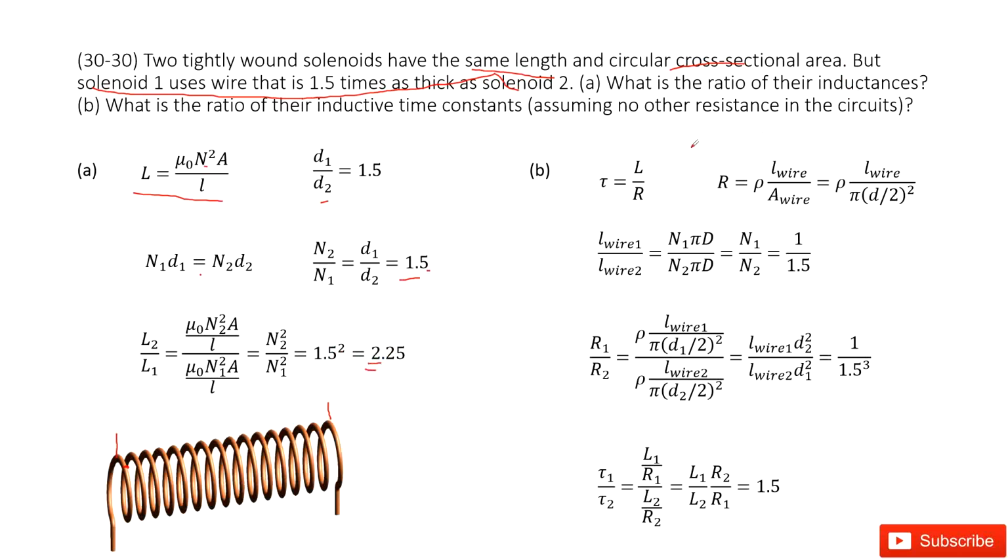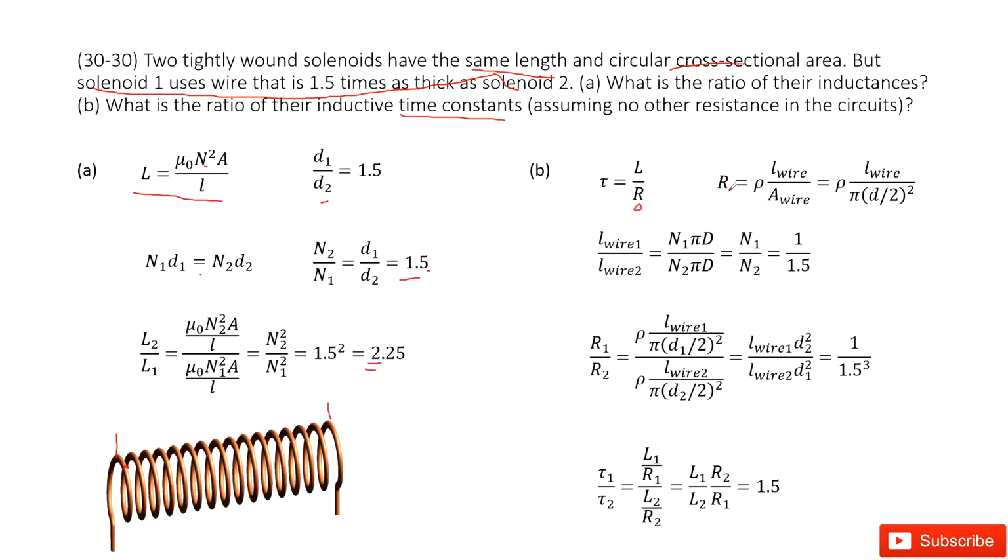The second part asks what is the ratio of the inductive time constants. As we learned in this chapter, the time constant is L over R, right? This is the inductance over resistance. But luckily, we know the ratio for the inductance from part A. That is, L2 over L1 is 1.5 squared. Now it looks like we must find the ratio for the